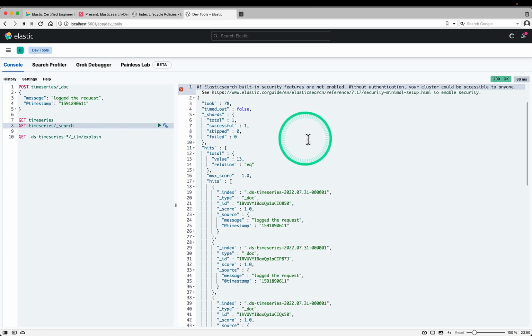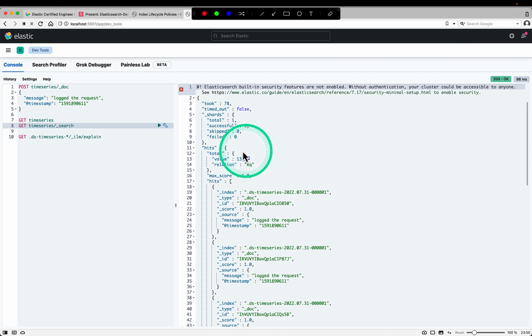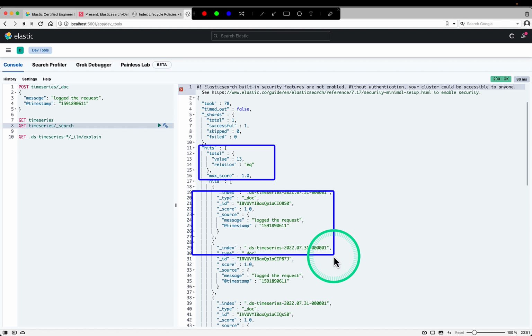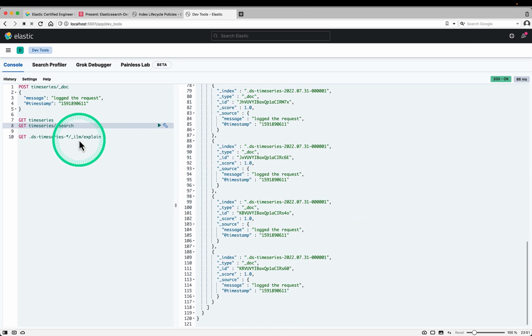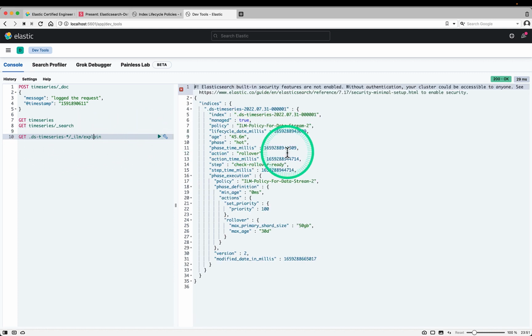And I can do a search. So I have put a lot of information already. There are like 13 hits, and all my data is getting stored. So when you create any time series, it usually starts with .ds and then the index name, followed by dash star, and then ILM and explain. So herein I'll just try to explain. So herein you can see